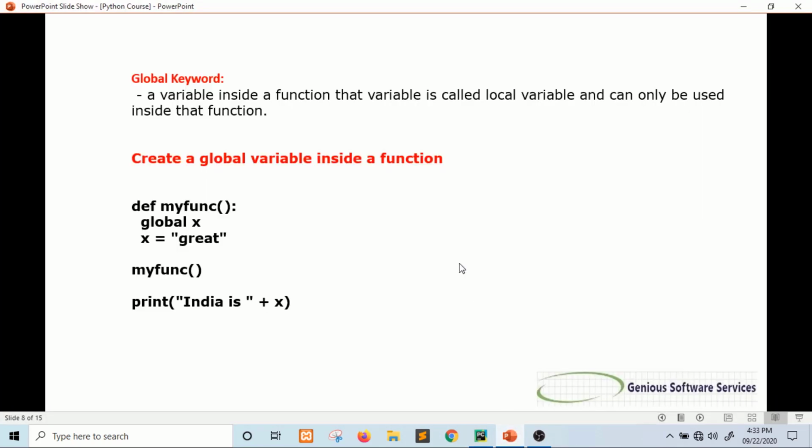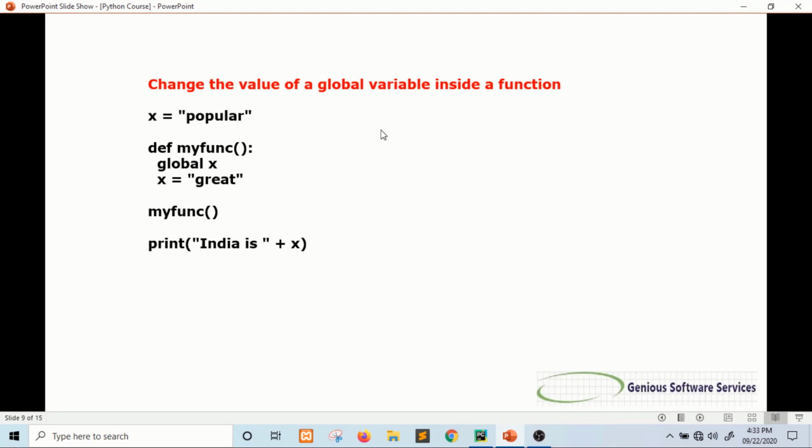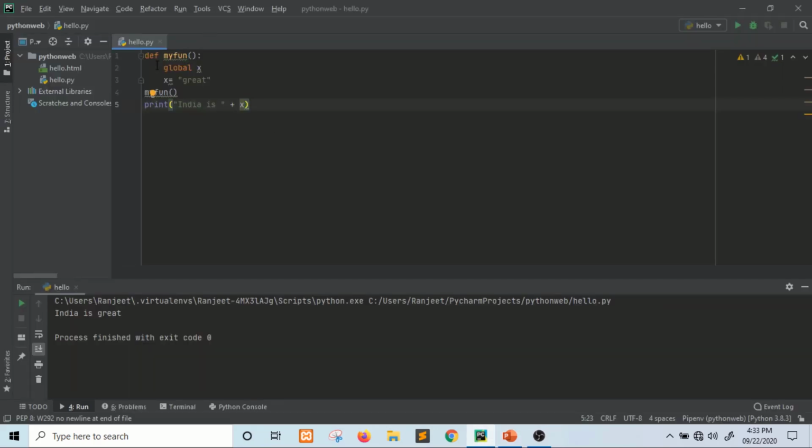And next one, change the value of a global variable inside a function. Suppose you take another value of x, like we defined it, popular. You define this value.